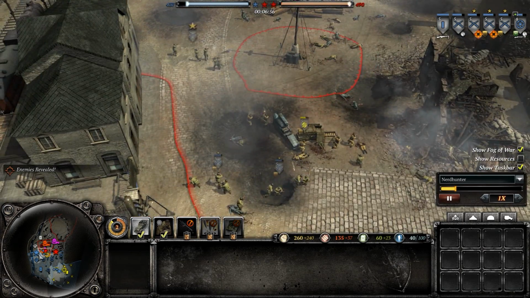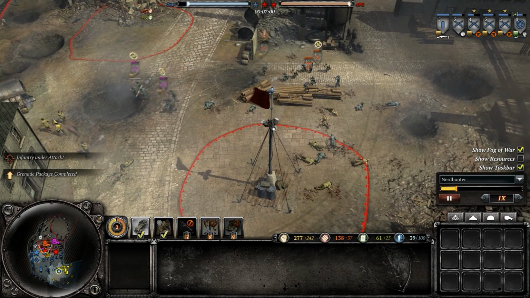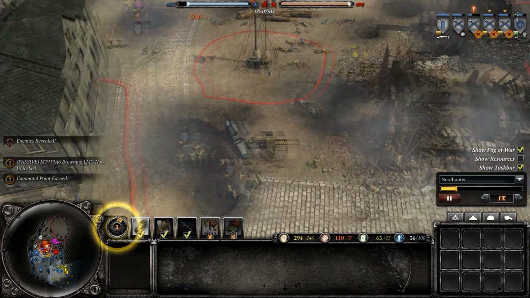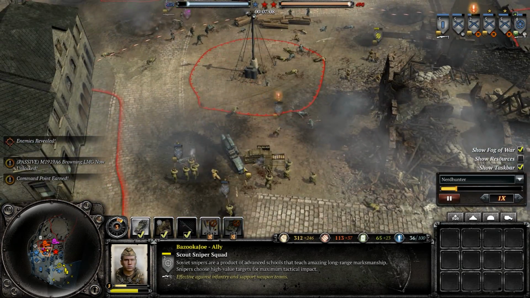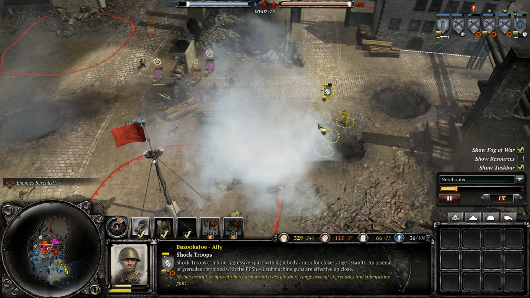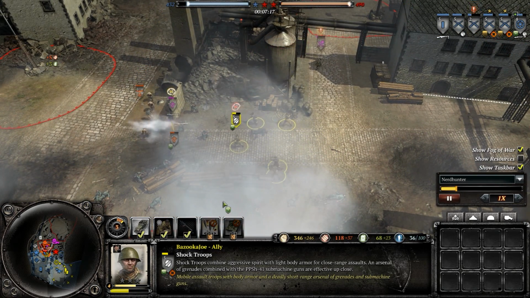We can see that the Allies are trying to ambush the Axis with a realignment squad, and they are fighting. They also have snipers brought onto the battlefield. Very good, a very good combination of troops. We can see that a shock troop is